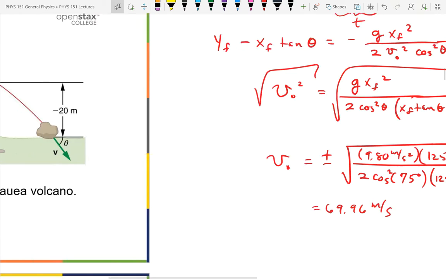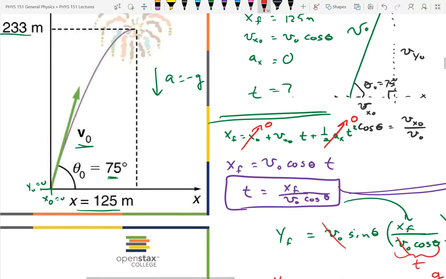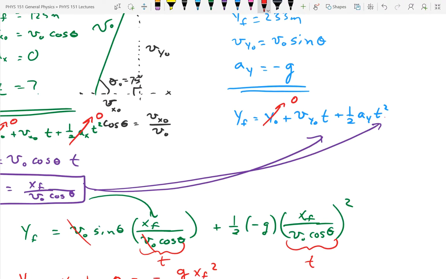Yeah, plug it back in. So I can take this and say, okay, just looking at this simple equation, x final is v0 cosine theta times t. Well, I didn't calculate t now, did I? Can't put it back in that way because I have to go ahead and calculate t. So, plug it in your t. Well, yes, but that would be circular. But I could plug it into my t equation, then plug my t equation in over here and see if I get the right y. That would be a way of checking. So you can plug the numbers back in to check, or you can solve it a different way. If you solve it two ways and you get the same answer, it's a pretty good sign.